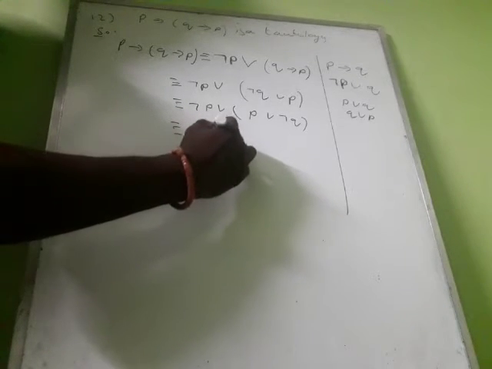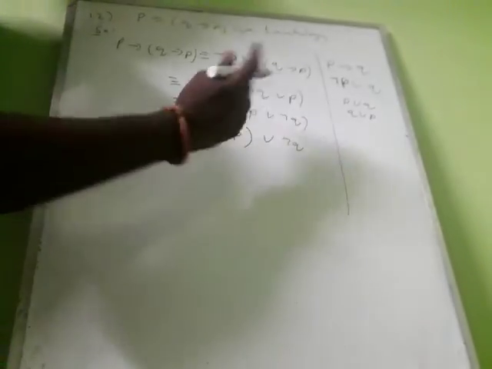Commutative property applies within two terms, associative property applies with three terms. So here in the first part there are two terms, so the same whole bracket I exchange and write negation of Q or P. This is the associative property, combining three terms.